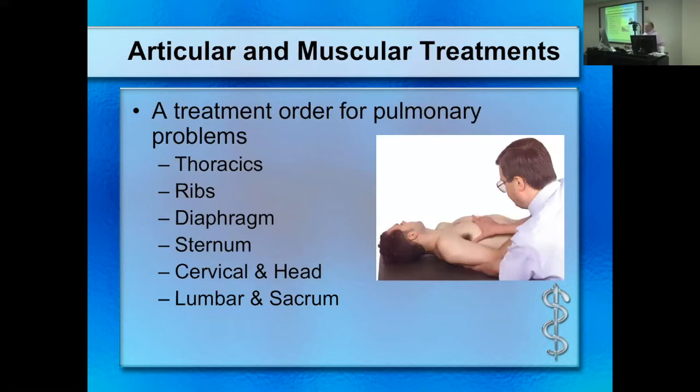Whenever I think of what order I should go in, I usually think of what bad can happen if I don't. So thoracics, you want to get the thoracics going, because what's connected to the thoracics? Ooh, I know, ribs. And then the diaphragm, because you have to treat the thoracics first, since they're connected to the ribs, and a rib dysfunction is often related to what the rib head's doing. The diaphragm,